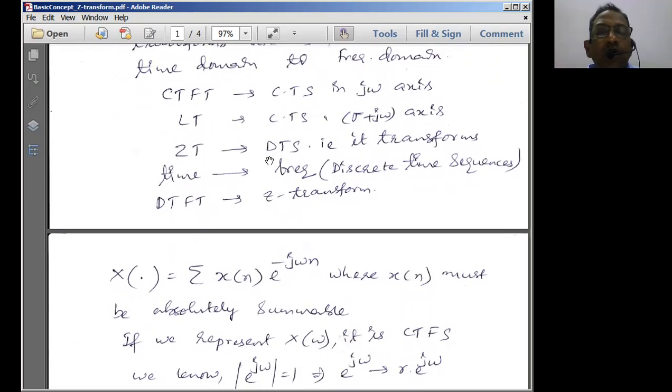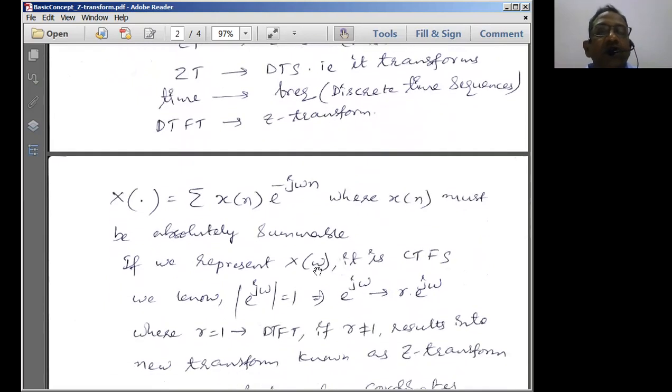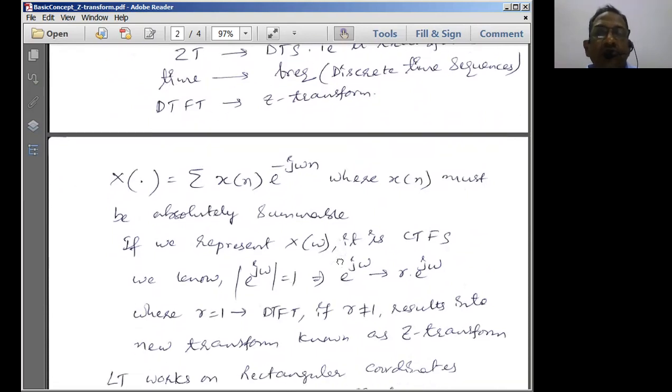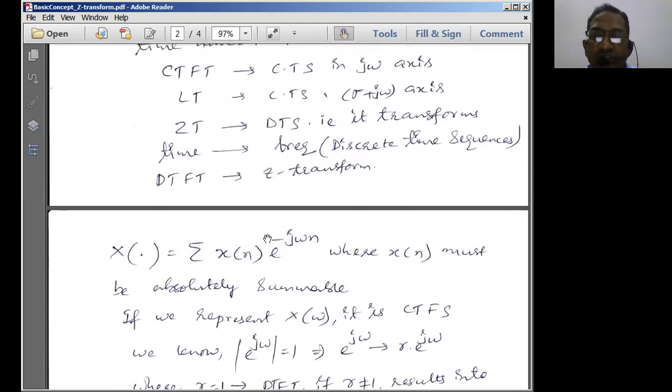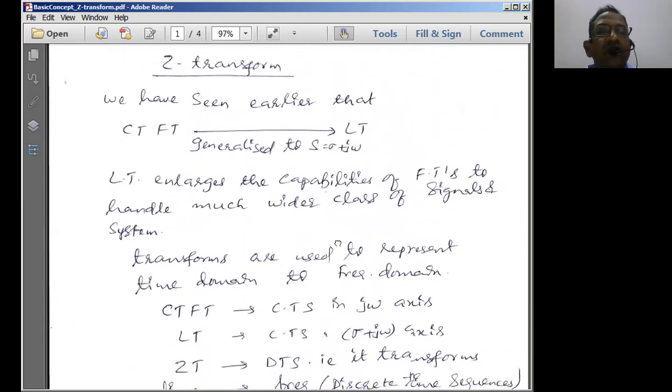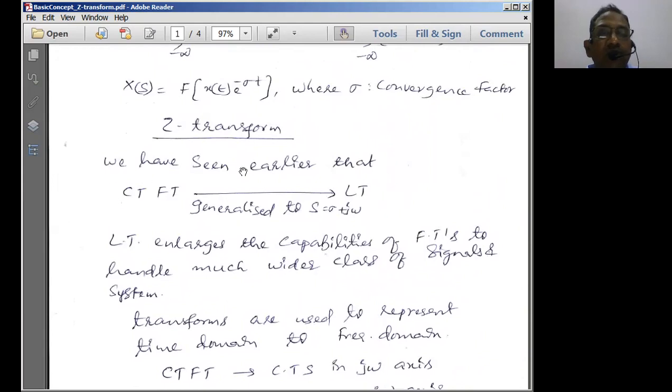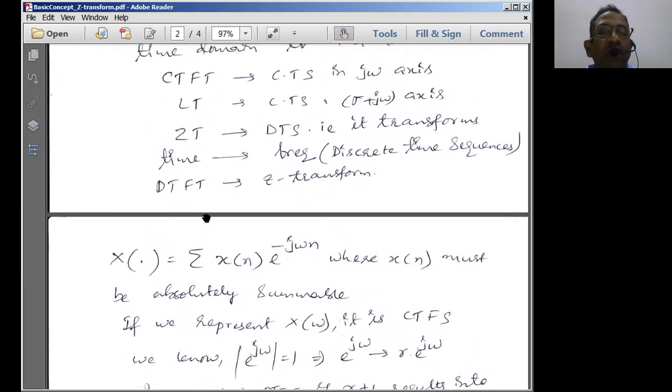Now let us look into Z transforms. Z transforms represent discrete time signals; that is, they transform the time domain into the frequency domain for discrete time sequences. Therefore, here we make an extension from discrete time Fourier transforms to the Z transforms. How do we make such an extension? It is similar to the extension we made from the continuous time Fourier transform to Laplace transforms, by simply adding sigma in a rectangular coordinate system. We got a Laplace transform from the Fourier transform. Exactly similar to that, we get a Z transform from the discrete time Fourier transform.